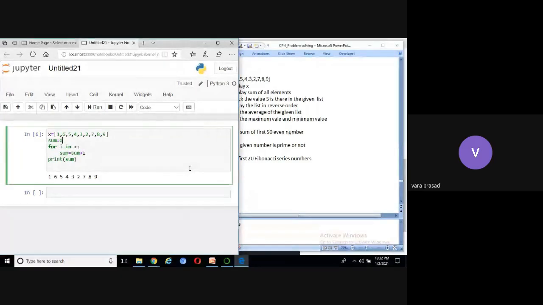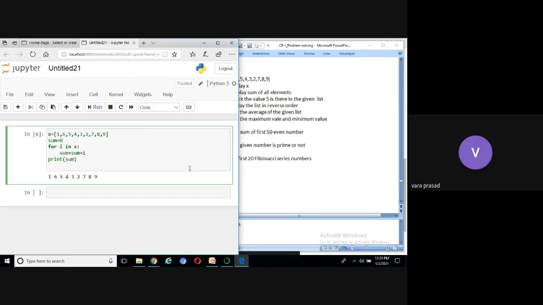Now the question is, why to write sum equal to 0? This is very, very important point in Python. Why to declare sum equal to 0? That is my question. Is anybody? So that Python can initialize the memory. Okay, right. Otherwise, it will not initialize memory. Otherwise, if we don't write sum before for, then it will initialize the memory in the for, and after the for is over, it will remove the memory.